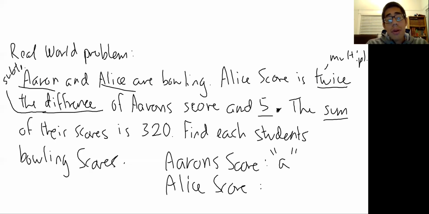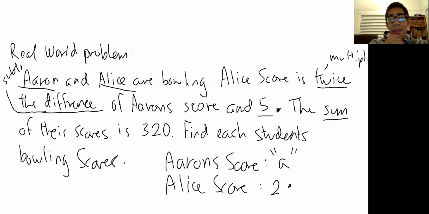We don't know his score. We don't know anything about his score. So that's our variable. We're going to just say that Aaron's score is being represented by our variable A. Alice's score, however, depends on whatever Aaron's score is, right? Alice's score is twice the difference. So we know it's going to be 2, and we're going to multiply that by whatever the difference between Aaron's